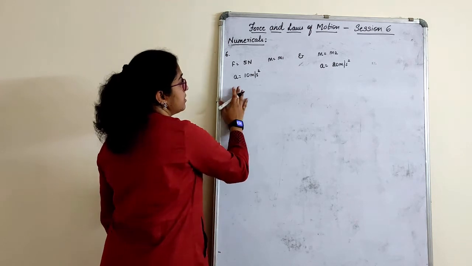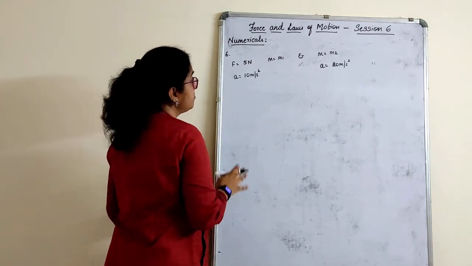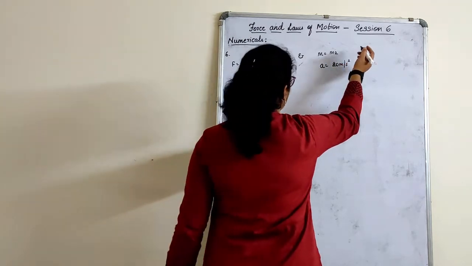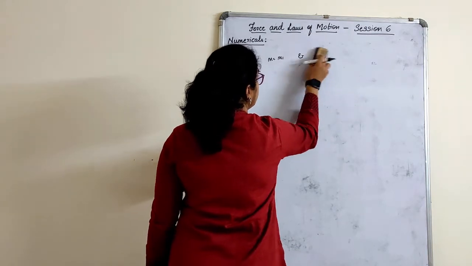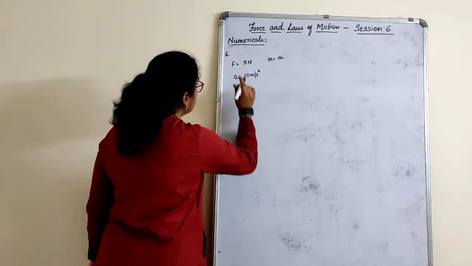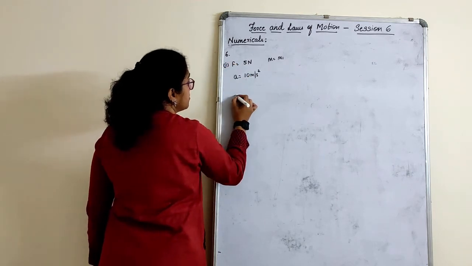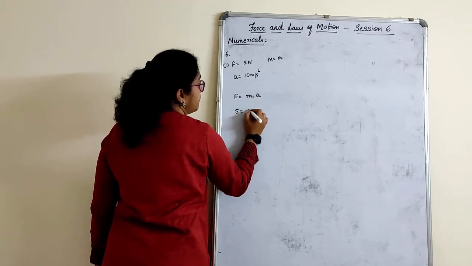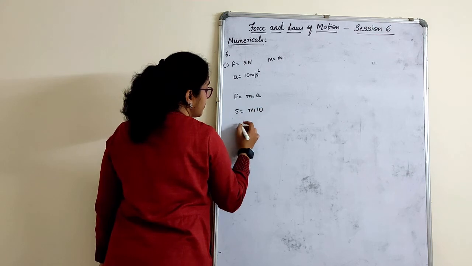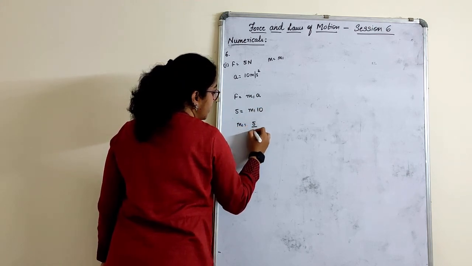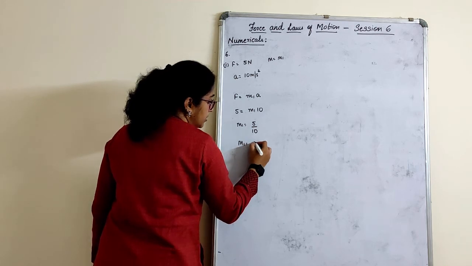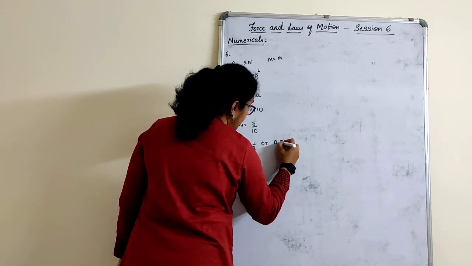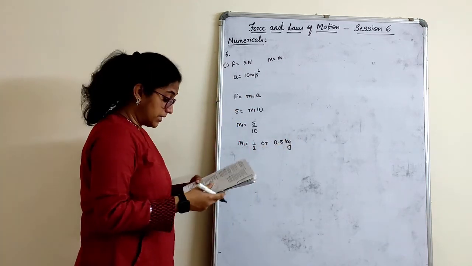So first what we will do is, first we find with this respect what is mass. Same, here also force is same. What we will do is, first we'll find this part, children. Then we'll find the second part. Okay, first part. We'll answer. F is equal to m1 into a. So F is 5. m1 we have to calculate. a is 10. So m1 is equal to 5 by 10. So m1 is equal to 1 by 2, or 0.5 kg. Keep it as it is.